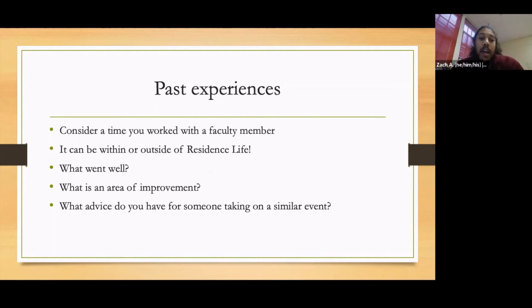I have not directly worked with faculty members, but my colleagues have. Some of the things they noticed is the lack of buy-in that they give to the students, so it's really hard to establish that partnership. Going into next year, I will be working with our Honors College LLC, so I'm here to learn different tips and tricks to further that connection so that we can have a better relationship with the faculty members.